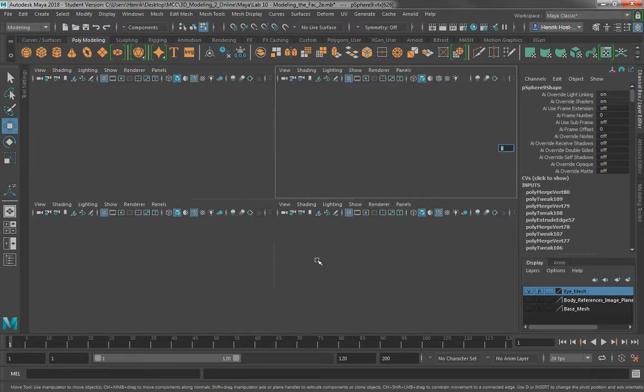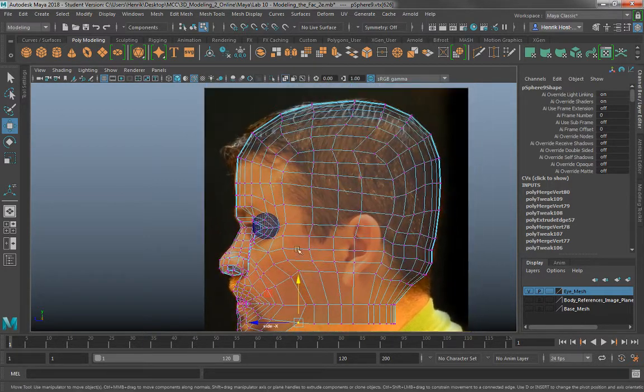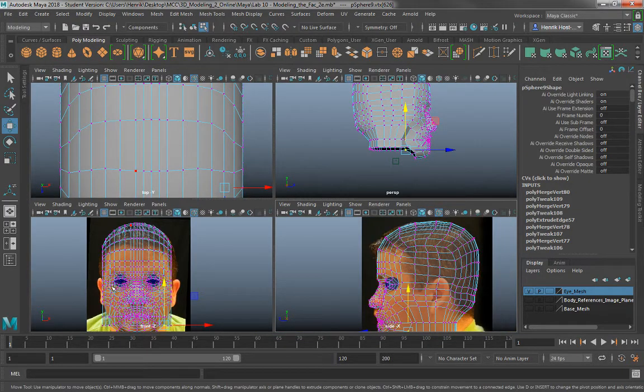And let me see where I am in my side view, because we do start getting into the neck region, and I would say that I'm basically there. I would say this is a pretty good start. Now, I've got the shape in here on the side view almost, and almost on the front view, but what I want to do next is